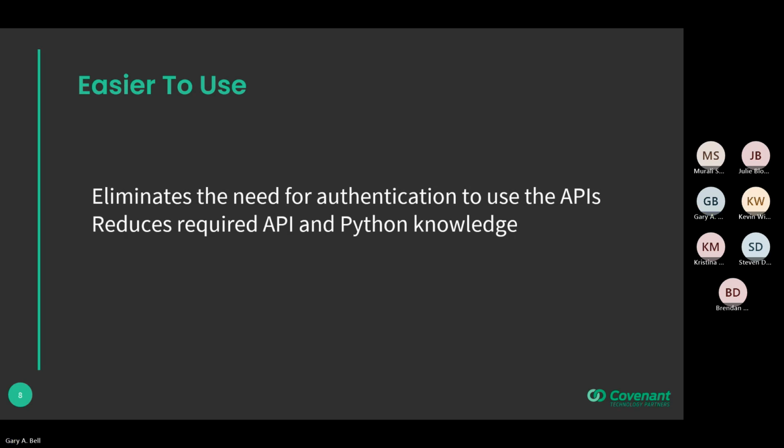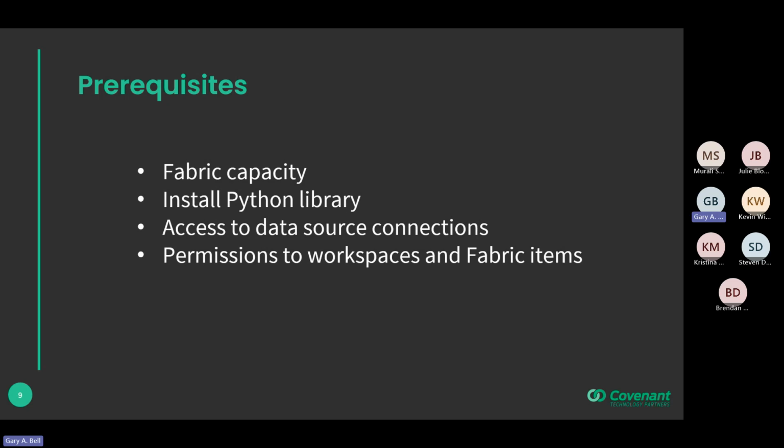So you have to have a Fabric capacity. For Semantic Link Labs, you have to install the library. How many people have a Fabric capacity right now? Or maybe a Power BI Premium capacity, which is essentially now the same thing as a Fabric capacity, whether you realize that or not. Okay, so that is, again, kind of the baseline, and you need to have a Fabric